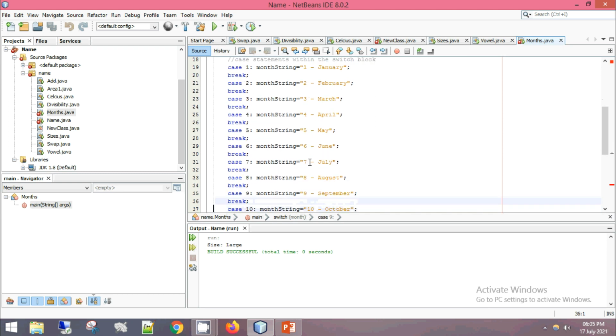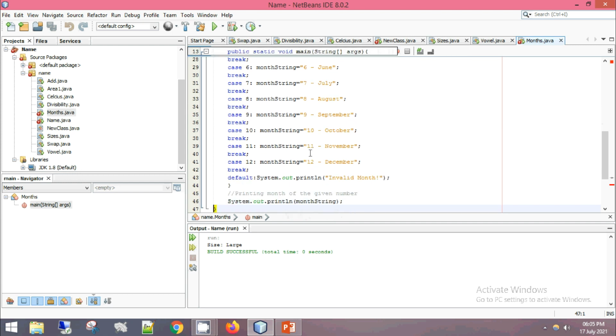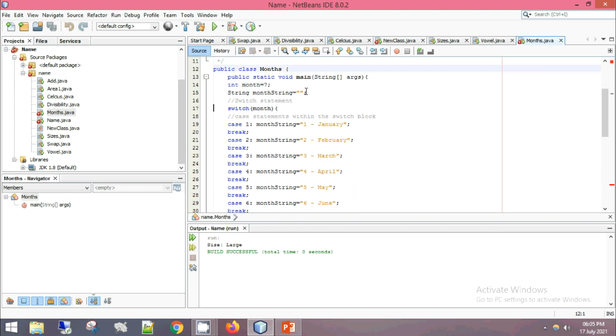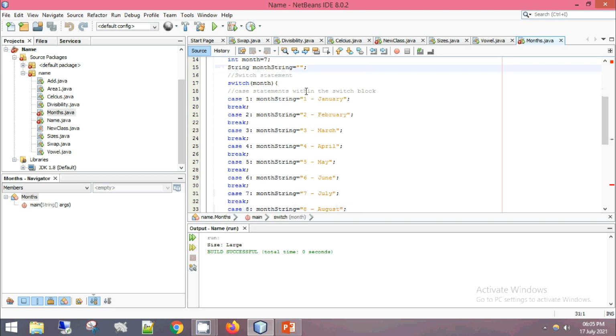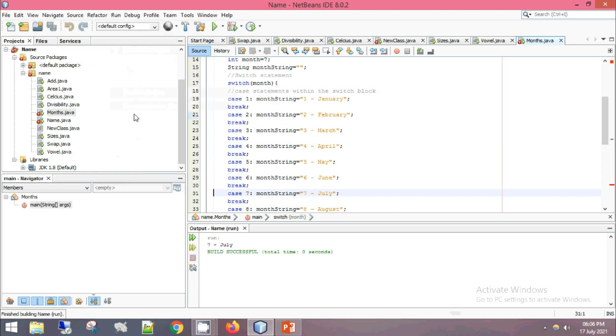So now where will it go? It will come out of the switch and it will print system.out.println month string. What is this month string? It will print which value? The 7 number, right? So that is 7 and then July. Okay, let me run and show it to you once.